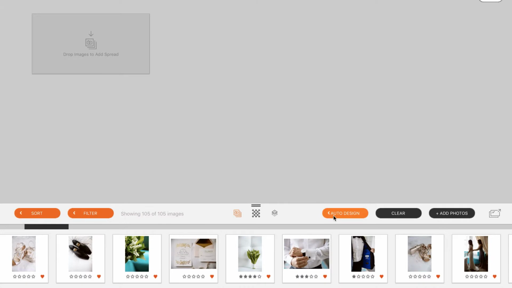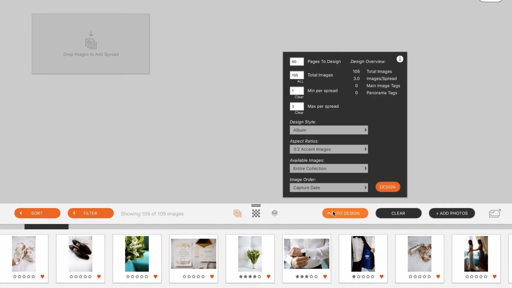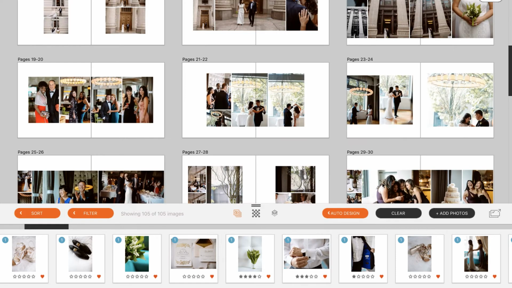In 2016, we launched the auto design, and it took the industry by storm because it was the only auto design tool that also gave you full control of your designs. You can hop into the auto design. You can choose how many pages you want to design, how many images, whether you want to only use your 5-star images, and you can also set the minimum and maximum images per spread. So it gives you a ton of control right there, and in just one click, you can design your entire